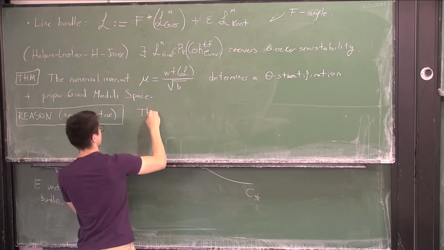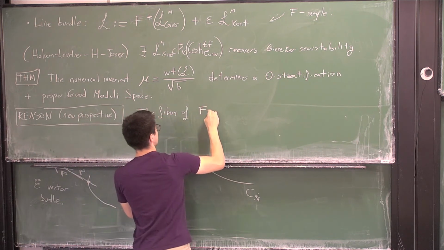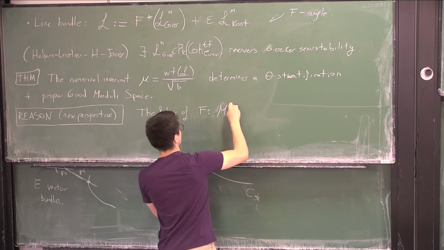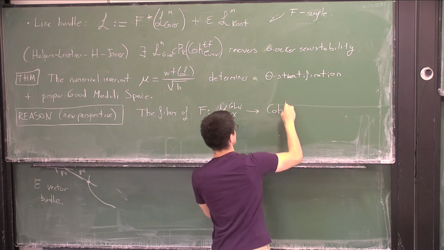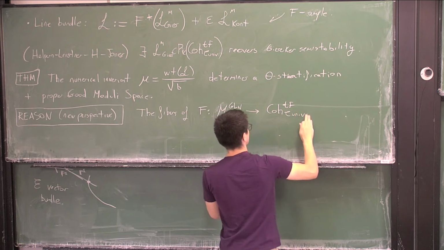The fibers of this map from M_GL_N chi to torsion free sheaves, pushing forward the vector bundle, are